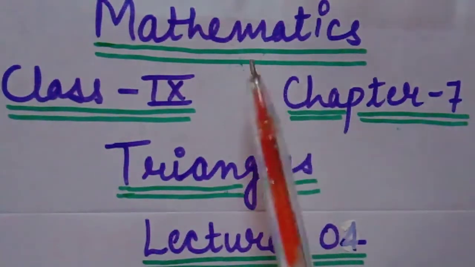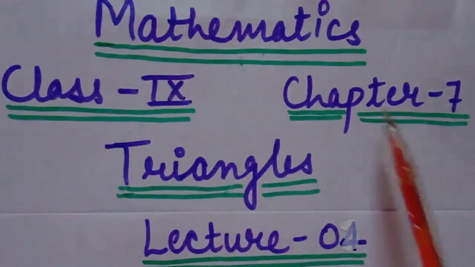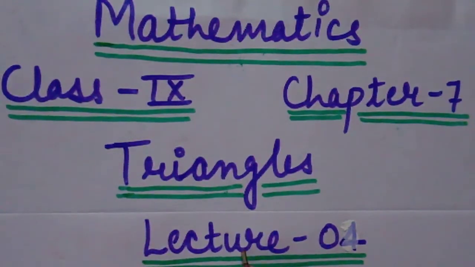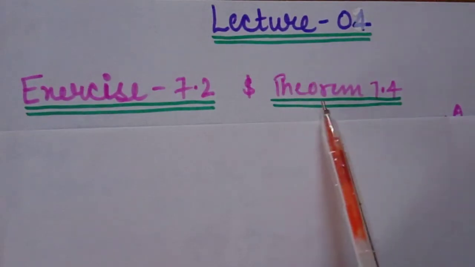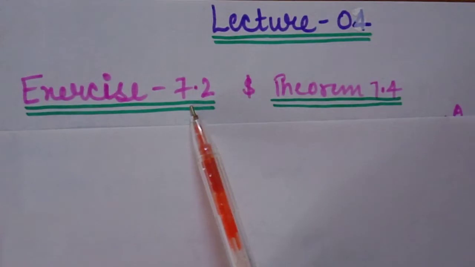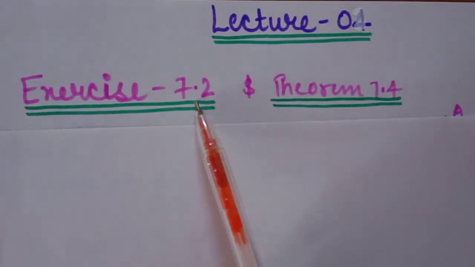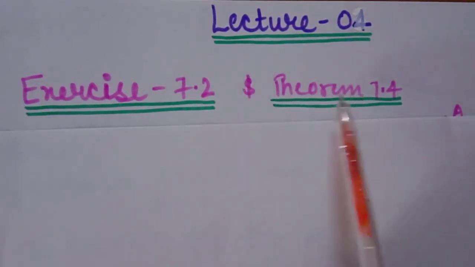So students, this is your mathematics class for class 9th. This is chapter 7, named Triangles. This is your lecture 4. In this lecture we will discuss exercise 7.2 and theorem 7.4. We will take some questions of exercise 7.2 which are based on previous theorems, and we will do a new theorem, 7.4. So we will start our lecture with